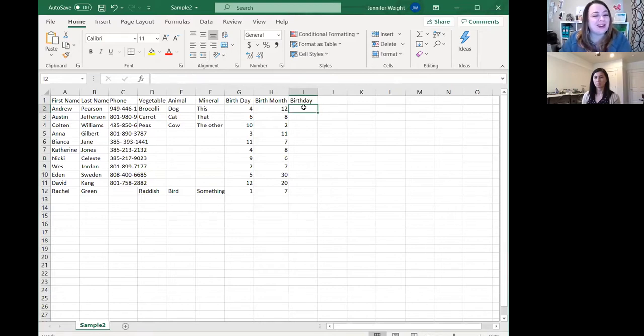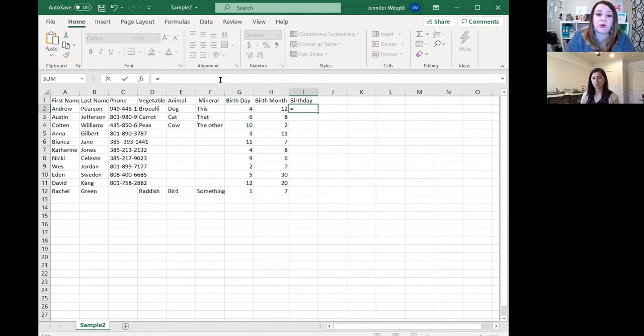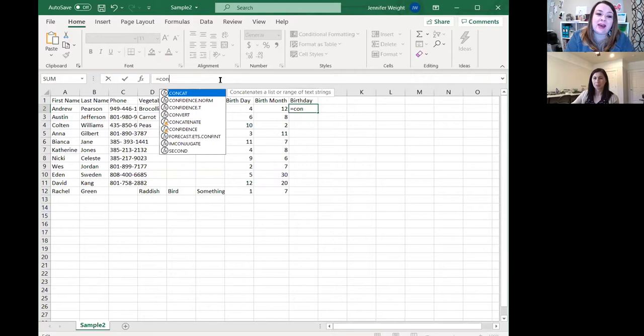Okay, so what we're going to do is put a little calculation into this cell to bring these two and combine them here. The reason we want to do that rather than typing it is because if you have 200 customers, you don't want to go through and retype each birthday for each of those. So let me show you that real quick. We're going to create an equation. We're going to do equals, and then the